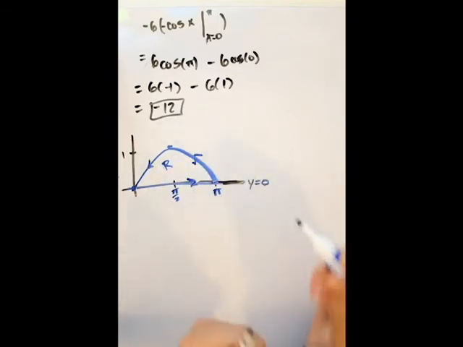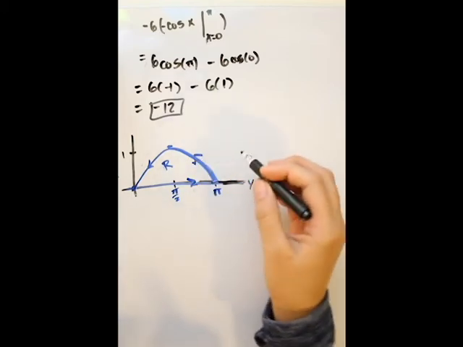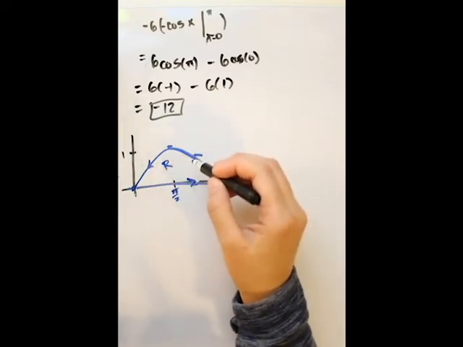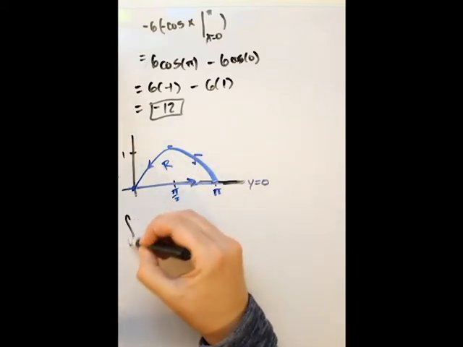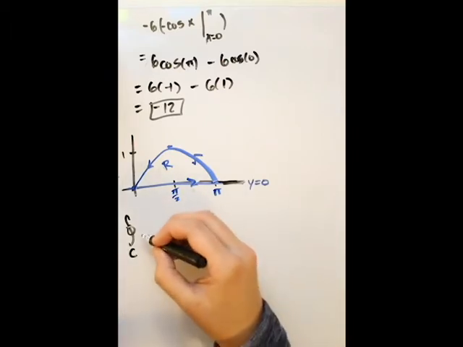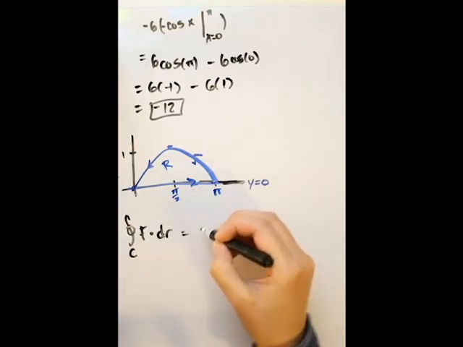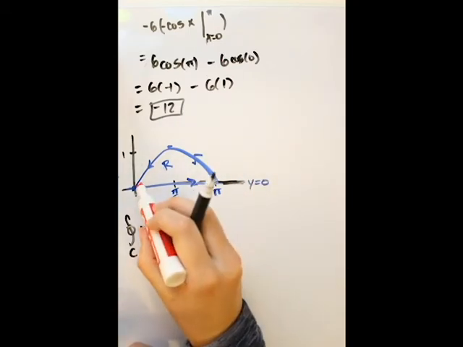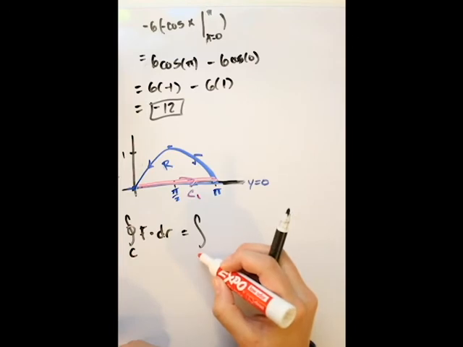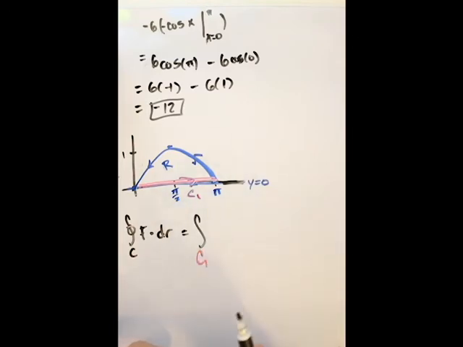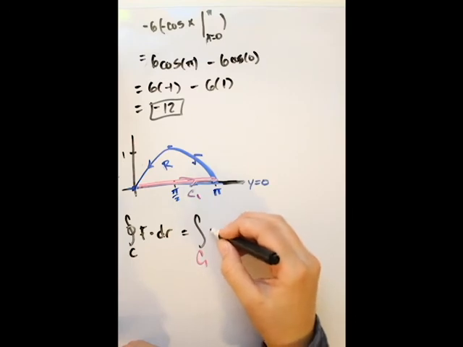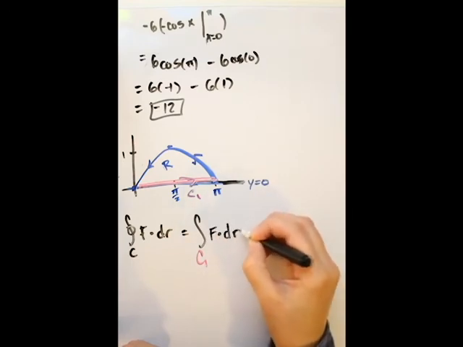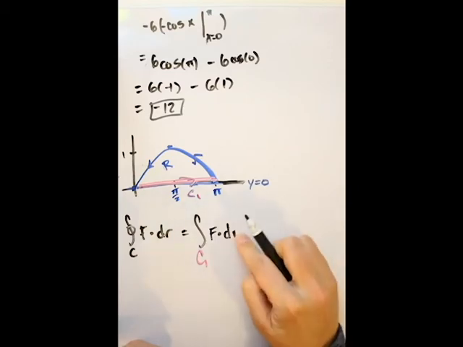Okay, and so now if we wanted to evaluate this without Green's theorem, what we would actually need to do is consider this top curve bounding our region and the lower curve. So we would actually have to say our line integral over our curve C of f dot dr would be equal to the sum. If we call this bottom boundary C1, we would have to say the line integral over C1 of f dotted with dr1, because that's going to depend on the curve